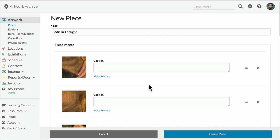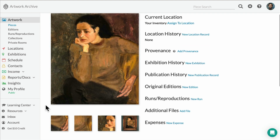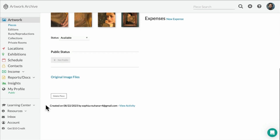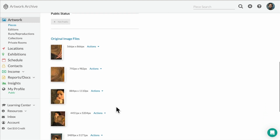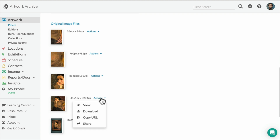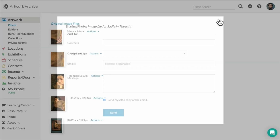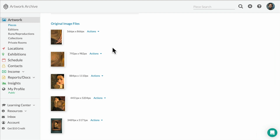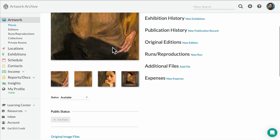Something to note, you can actually upload high-resolution images of your pieces up to 20 megabytes. These high-resolution images will then be stored within your piece records as original image files, and they can be accessed and shared at any time right from within your Artwork Archive account. We have found this to be an invaluable time-saving feature for artists, as you no longer need to worry about storing these images elsewhere on a random drive or worry about trying to fit them into an email when sharing